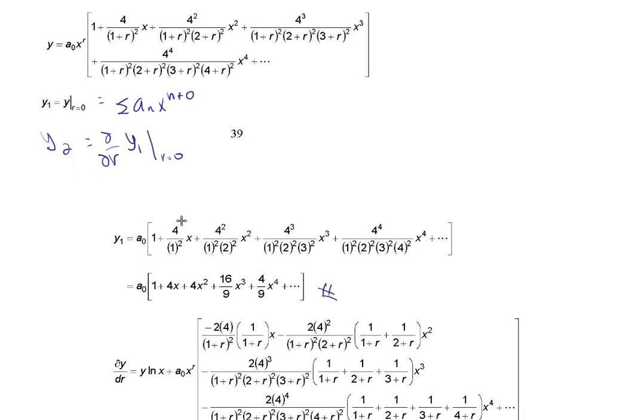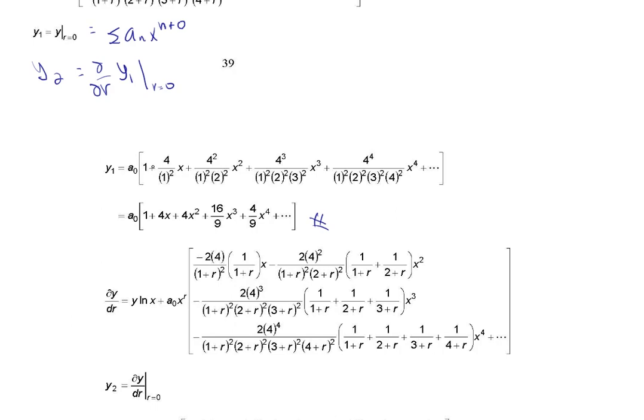But to find y2 you have to differentiate y1 with respect to r, and then we substitute r equals 0. So to differentiate